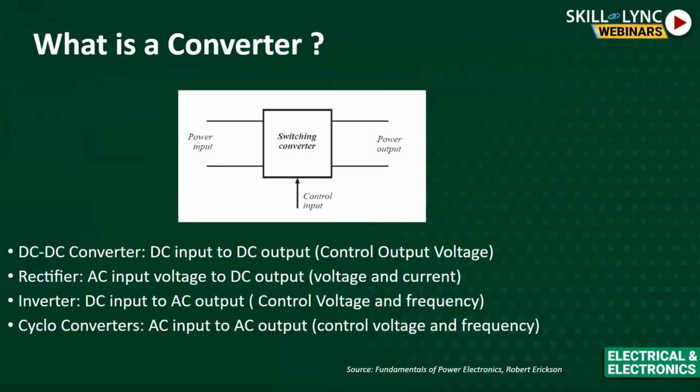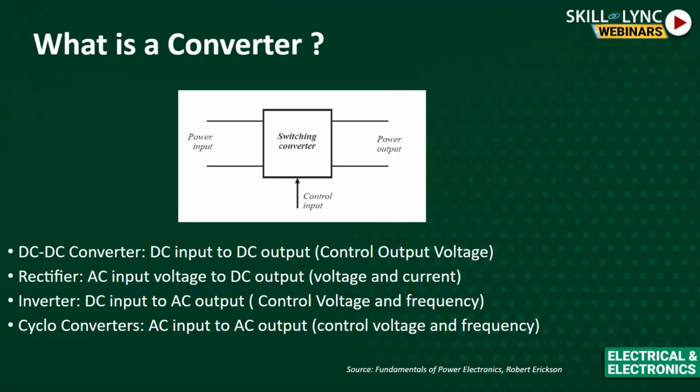Now, what is a converter? So this is a typical converter we have seen so far. I say this is a switching converter. So in the first examples, we have just shown the converter, but now we understood the importance of the switching converter here. Now the switching converter, we must give the power input, and it will deliver the power output desired by the loads. But apart from this, we don't get power output as it is. For this switching converter, we need a control input here. That is one thing. We'll discuss what the control input is.